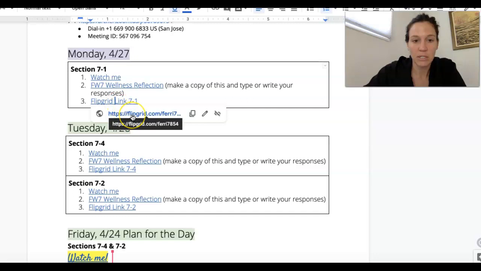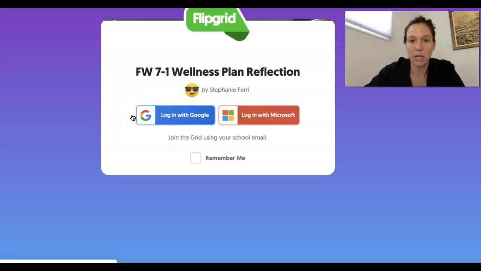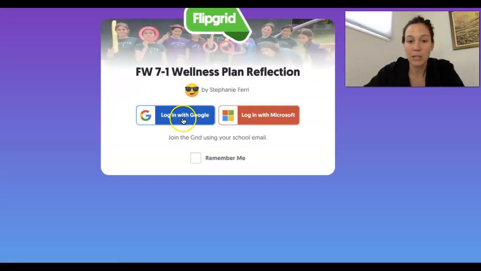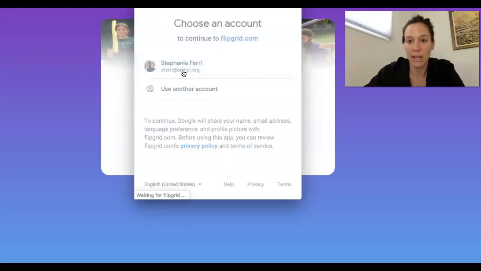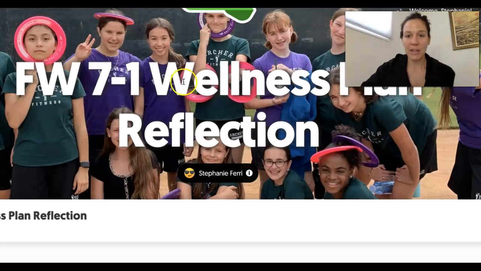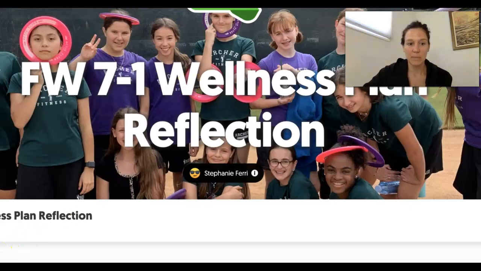So I'm going to go into section 7.1. I'm going to hit Flipgrid here. Then I'm going to log in with Google. So log in using your school account. And then you're going to get here to this page